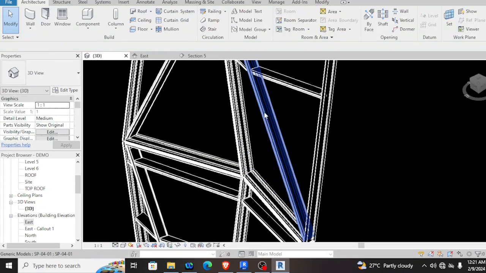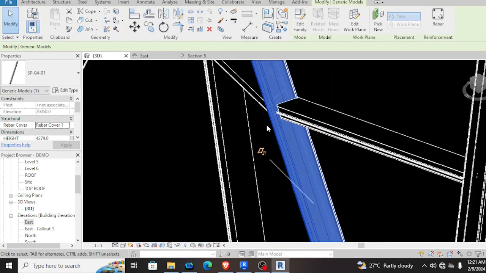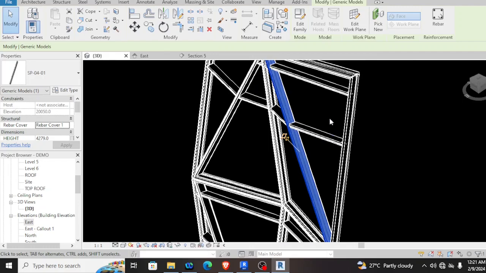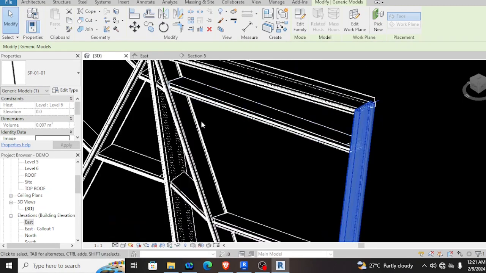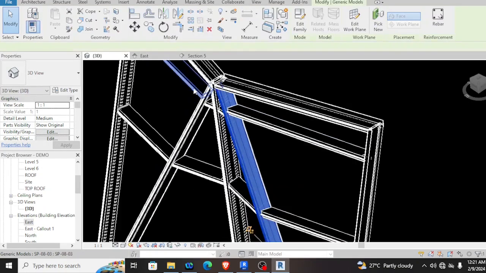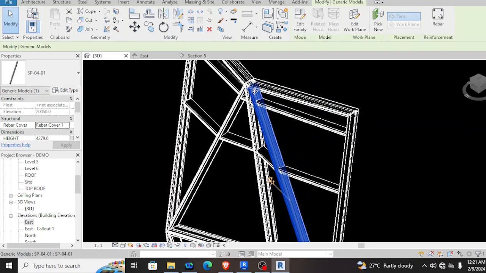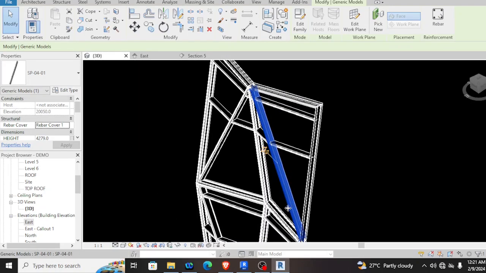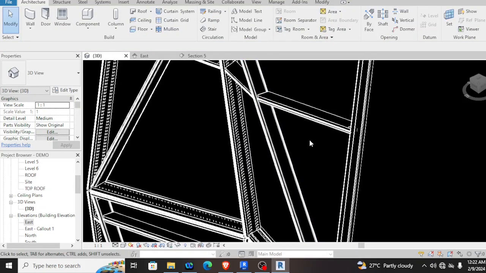Also, we have a slanted mullion. This one is unitized. We have a male and female on both sides, and we have the slanting mullion. This is the highest part of the glass, and it's going to the slope.